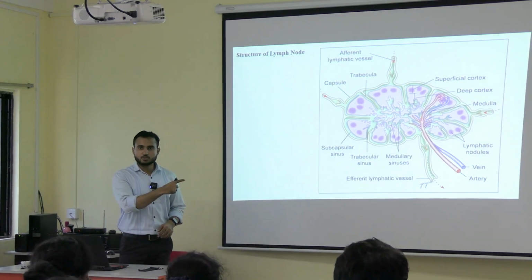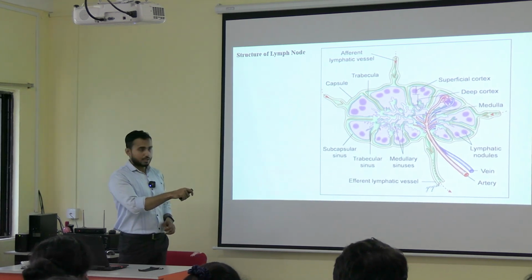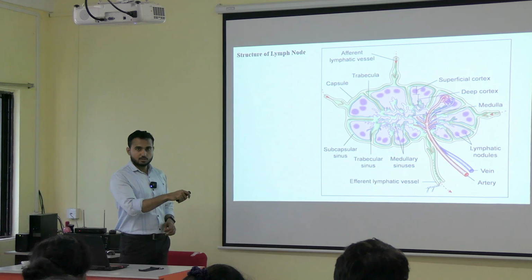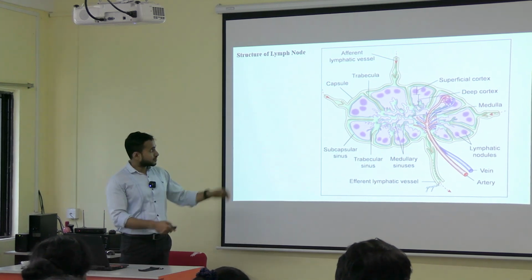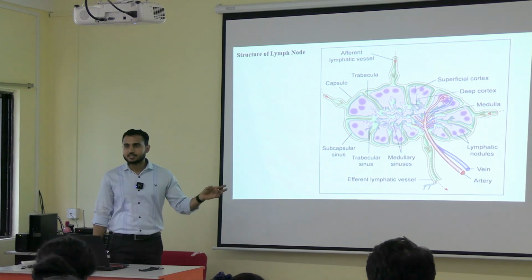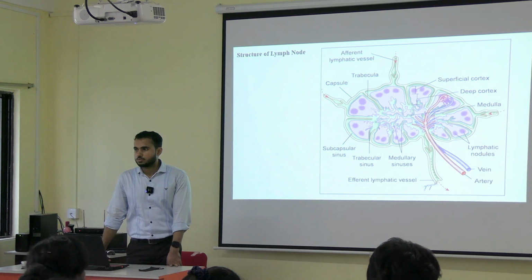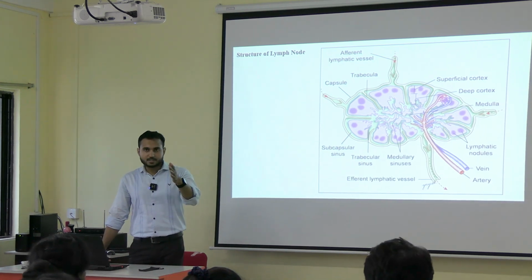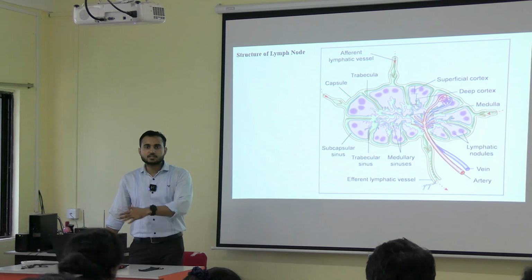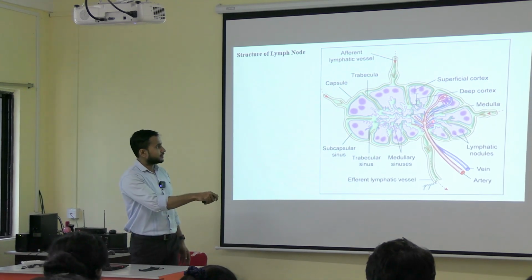तो यहाँ पे भी देखो story same है. You can see the capsule is there. Can you see? After that, can you see the trabecula? Multiple trabeculae. Then here also cortex is there. Here also medulla is present. But one difference is यहाँ पे दो cortex होता है in case of lymph node. Okay. First is the cortex, then paracortex, and then is medulla. Okay. And after that, here you can see this is the hilum.